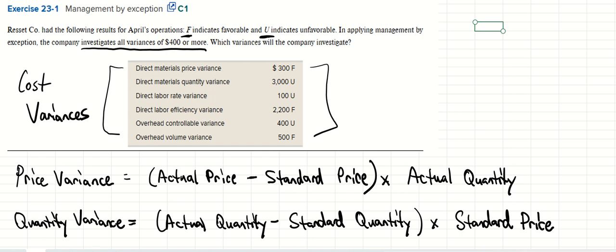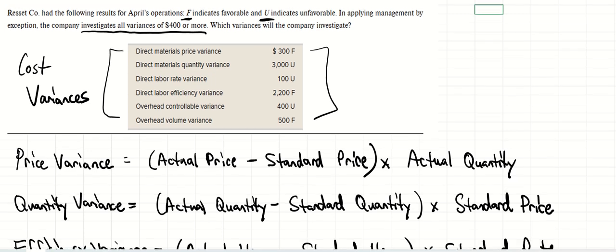It all depends on the complexity of the business and the size of the business to figure out what amount is going to be deemed as making a significant impact on the financials, and that needs to be looked into further. So in this case, it's $400 or more for both favorable and unfavorable variances. So before we get into making that determination on what the company is going to investigate, I want to first go over